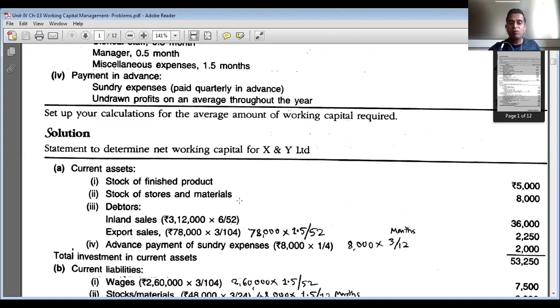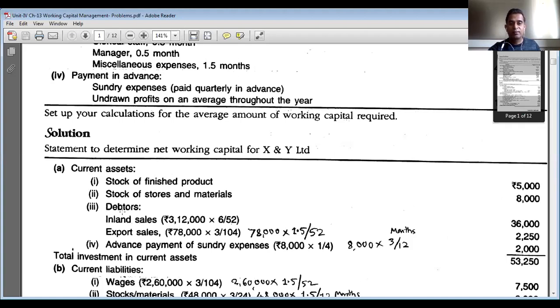Even in the case of stock of raw materials, the cost of raw material per unit is not provided in the problem, and the budgeted production in units is also not provided. Okay, so then